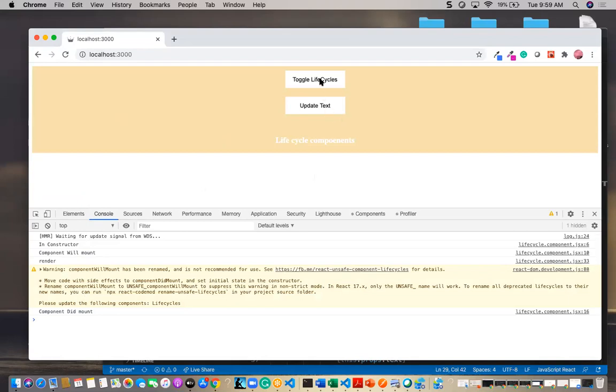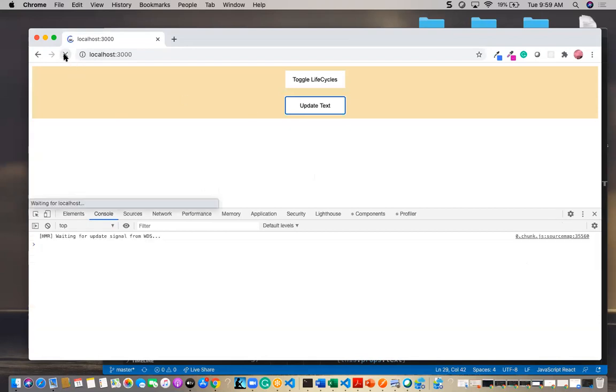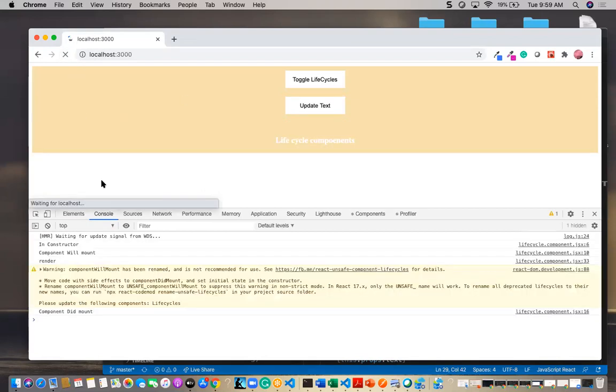As you see, first this fourth will be executed. If you click on this, it will go for null, and you can find the component is unmounted if it is null. Else, if it is updated, next time it should go from the first, because the component is unmounted. If it is true, I am not disturbing anything with this toggle lifecycle button. I am just clicking on update text alone.